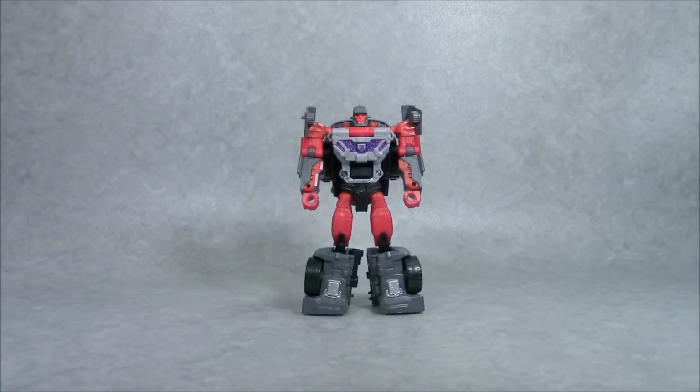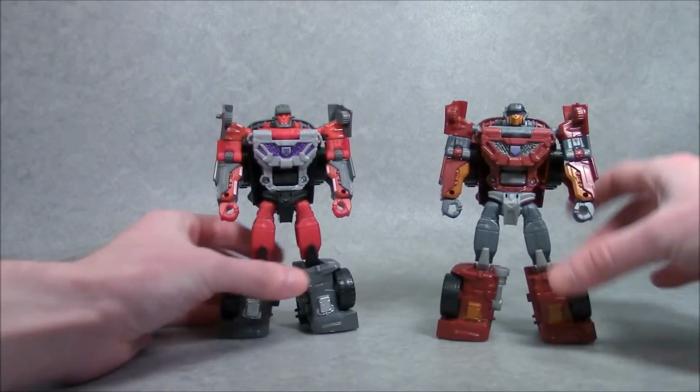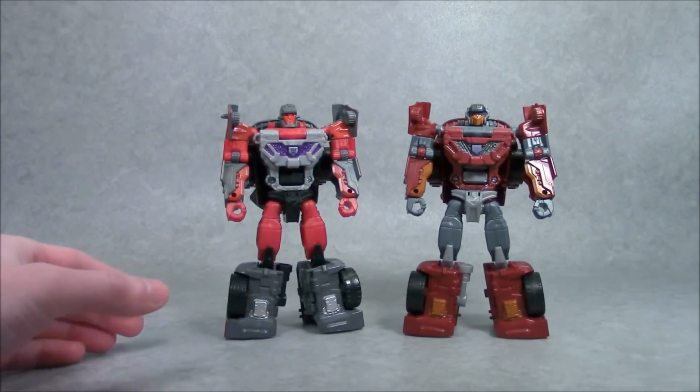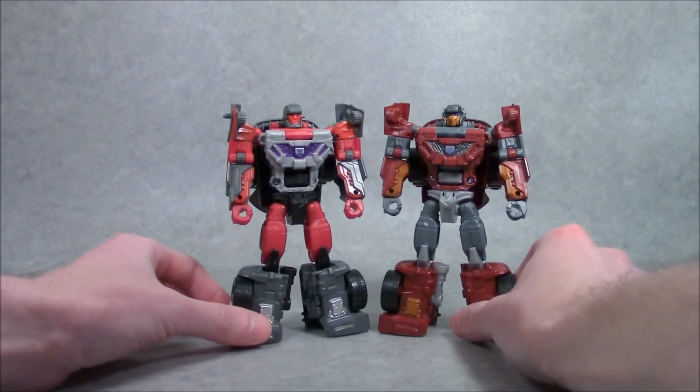So this is Combiner Wars Breakneck, who is the final member of the Combiner Wars Stunticons. And interestingly enough, his bio describes him as a real Wildrider, because this is just Wildrider. They couldn't call him Wildrider because of trademark issues, but hey, in Japan, in the Unite Warriors version, he's still going to be Wildrider. Anyways, so Breakneck, Wildrider, whatever you want to call him, he is basically a repaint and slight remold of Combiner Wars Dead End, which...